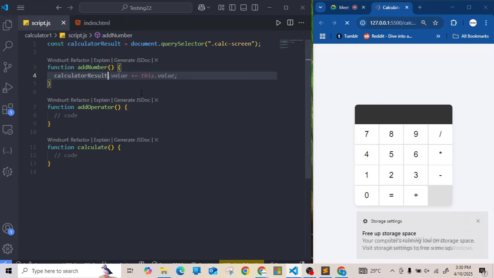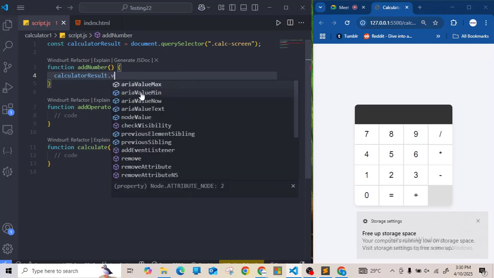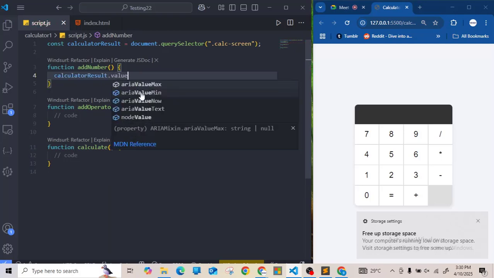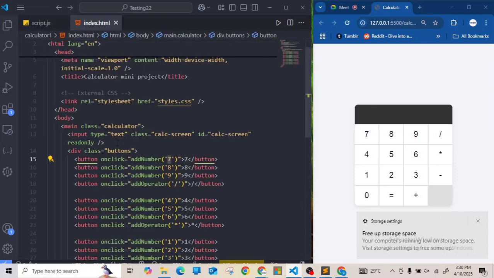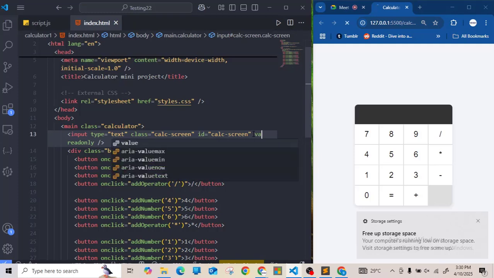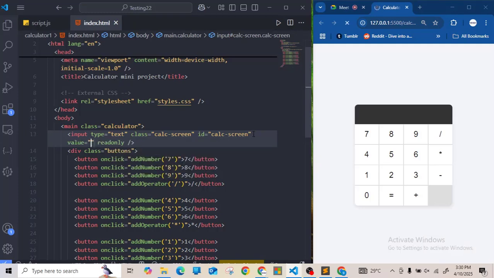So we say calculatorScreen.value. Remember, in a form like this input field, if I come somewhere here and put in value and pass in something like 100 inside that,